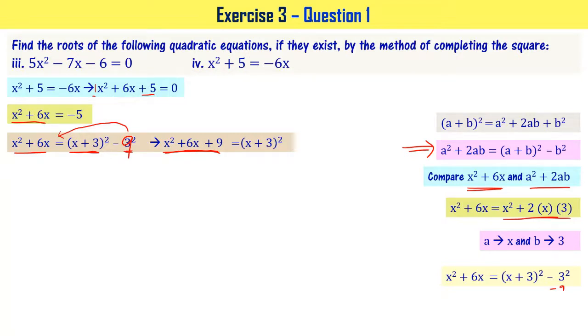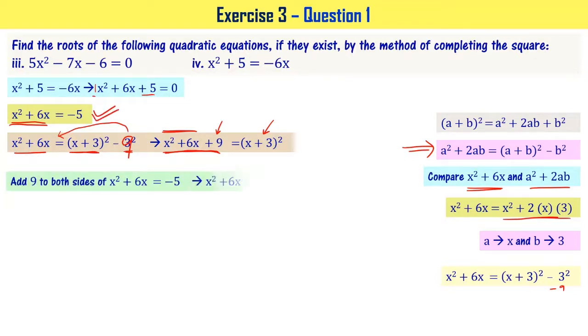Now look at this. Look at the LHS of this equation and these two terms. Both are the same, right? x square plus 6x. But when you add plus 9 to this, you have a complete square in terms of x plus 3 whole square, right? It says that you have to add plus 9 to both the sides of this particular equation.